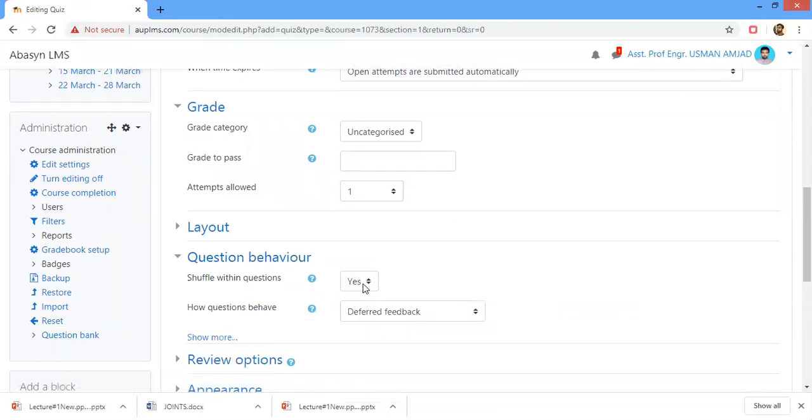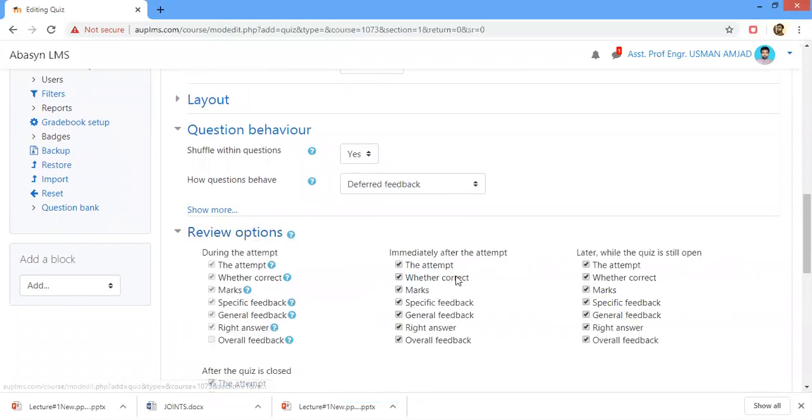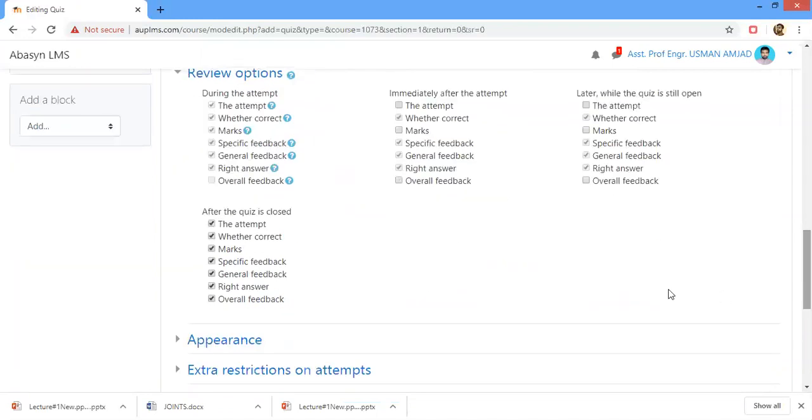The question behavior is important. It should be yes, it should be shuffled. The questions should be shuffled. Review options should be unchecked over here immediately. Now all the review options, I will uncheck them over here. You can see that I have unchecked all the review options over here. And after that,